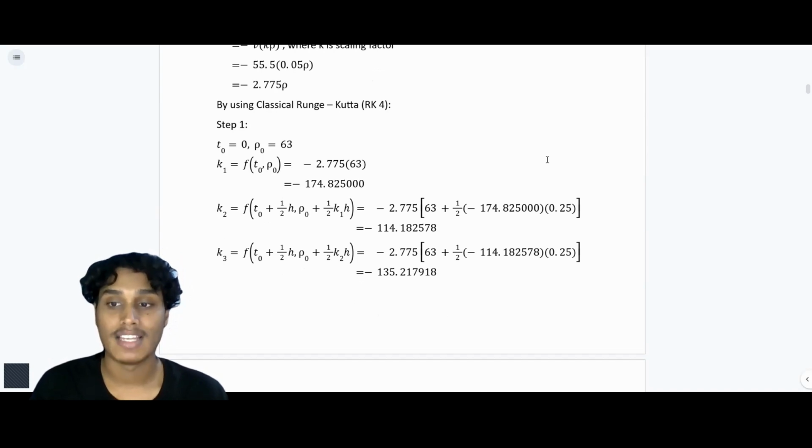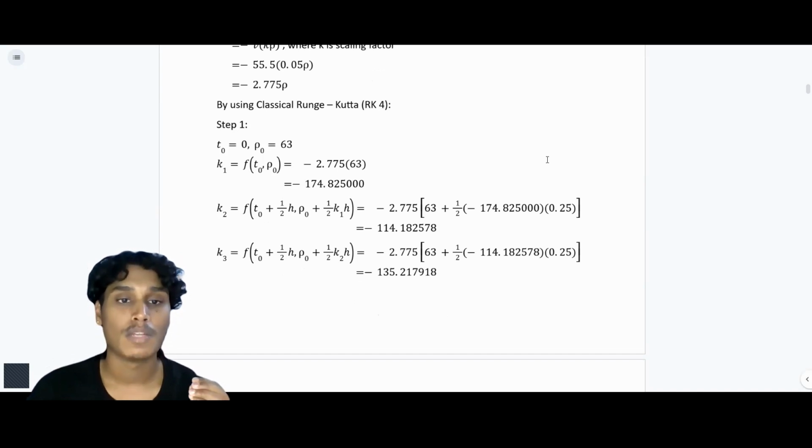By using the RK4 method, the step begins with t0 equals 0 and p0 equals 63. This t0 and p0 were applied to find k1 to get the answer negative 174.825000. So for k2, we will be using f(t0 plus 1/2 h, p0 plus 1/2 k1 h), whereby negative 2.775 times (63 plus 1/2 times negative 174.825000 times 0.25)